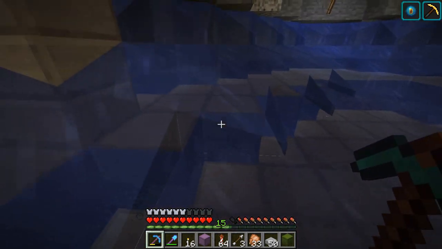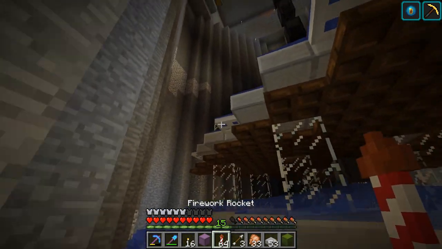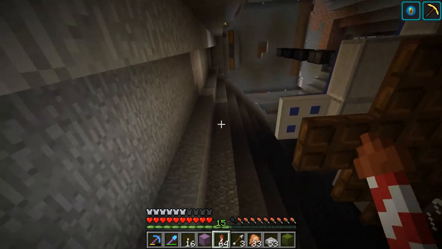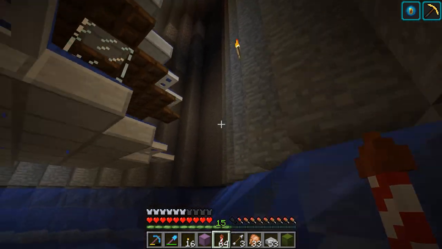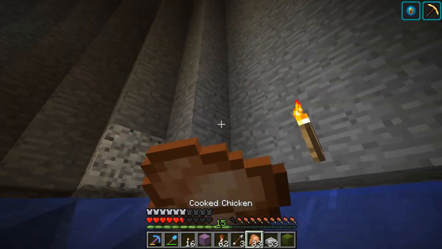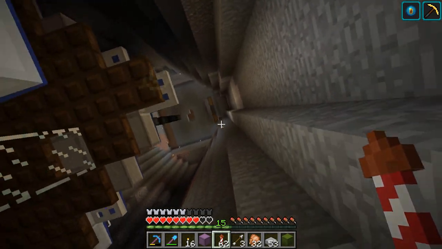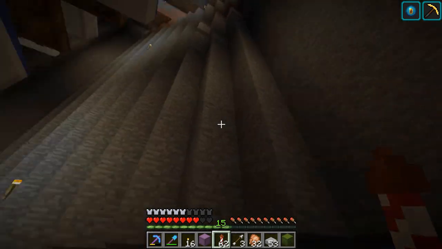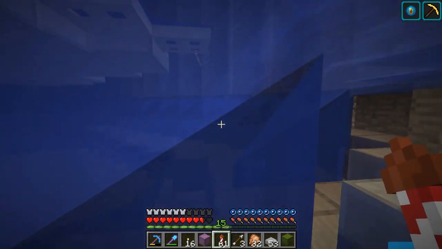So if I come... Oh, let me break this and then kind of... Come on. Come on. Why can't... There we go. Oh, jeez. I'm going to die. Apparently I don't know how this elytra works. Yeah, you can hit it off a wall. So if I do it this way, so if I go...